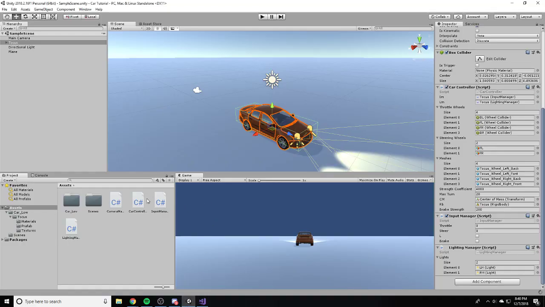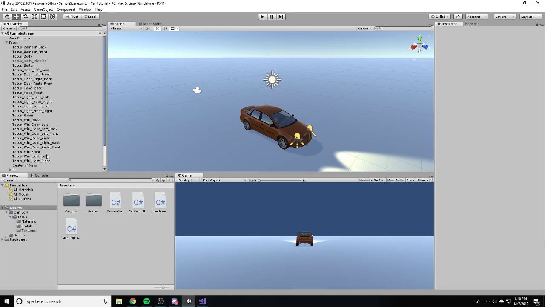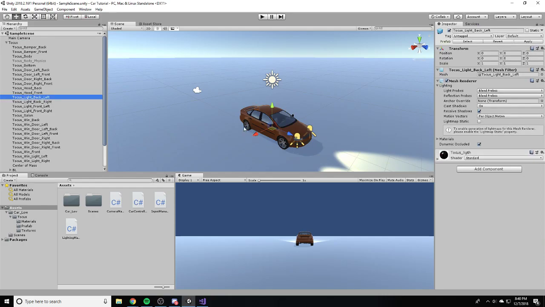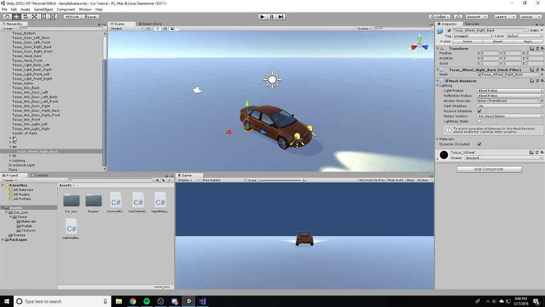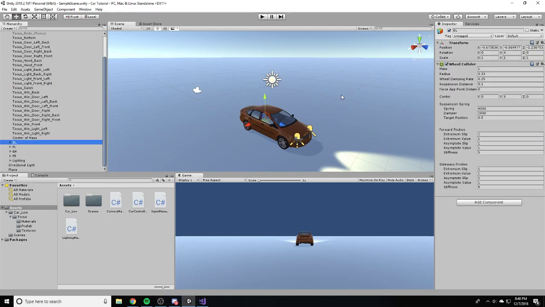And so now you may be wondering, why does the car stop instantly? Well, we're going to fix that right now. And the issue is that our wheels actually can't do that right now. Let me just find one of our wheels. We don't need that. Our wheels can't do that right now because our extremum slip value and our asymptote slip value